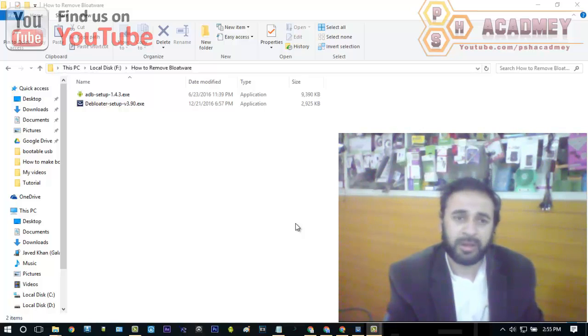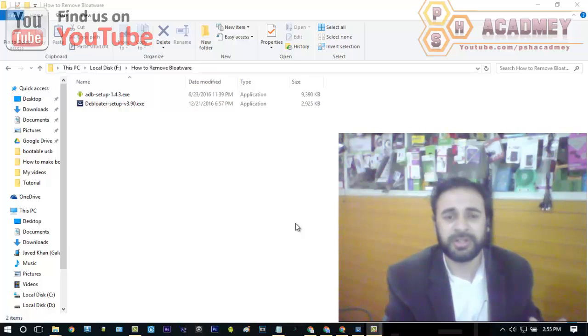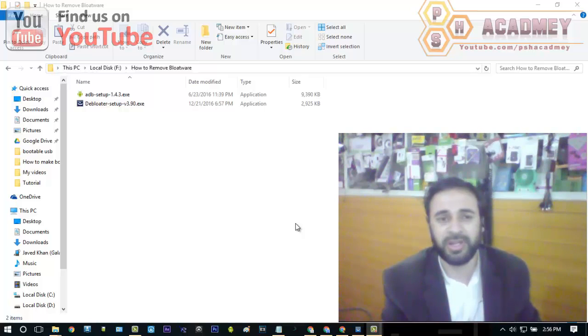All these apps are just a waste of our storage, and they also consume our CPU usage and different services of our Android phone. They also drain and destroy our battery life. So there are a lot of disadvantages of these apps, because most people do not use them. That's why most people want to remove them. So how can we remove them without rooting our Android phone? Let's see how we can remove all these apps from our Android phone.